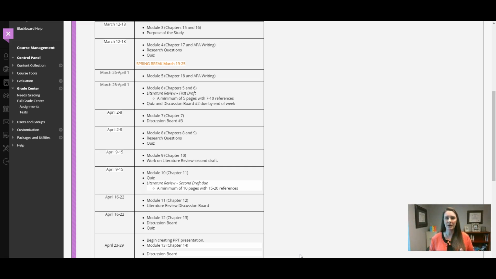However, if you do not change your purpose statement or research questions in a similar way that I had suggested, or a different way that fits, then I will deduct points in your final draft, or your final paper. So make sure that between now and when you submit your final paper, you do make those corrections. And again, if you want to send them to me, I can give you some feedback to see if you're on the right track. Hopefully you all understood what I wrote out to you.